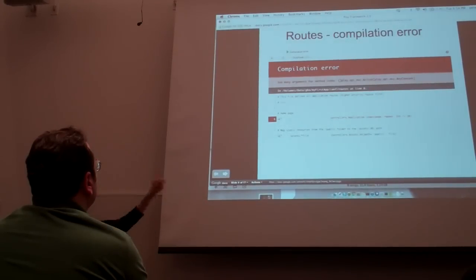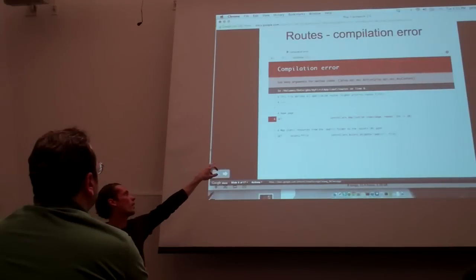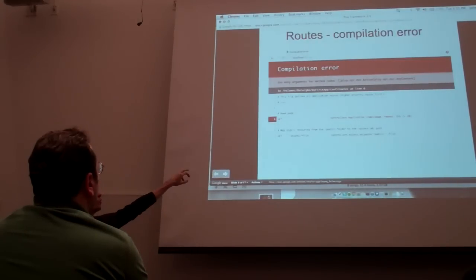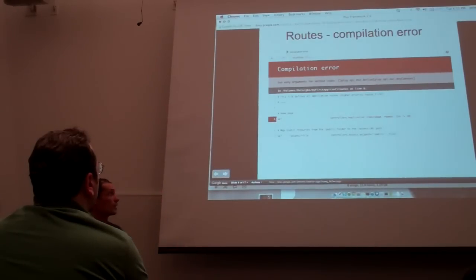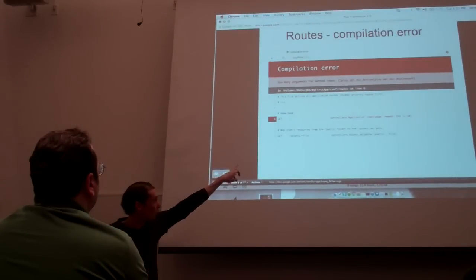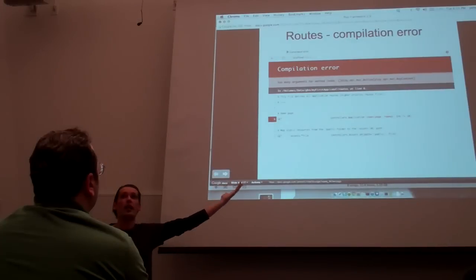What you see here is that when you compile your application, you define the routing in such a way that you define the verb that you want to execute, the URL that you would like to execute, and then of course the underlying class and method. Now, what's interesting about this screen is that if you make any typo when referencing your class,